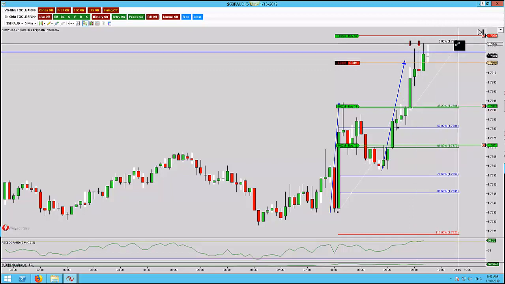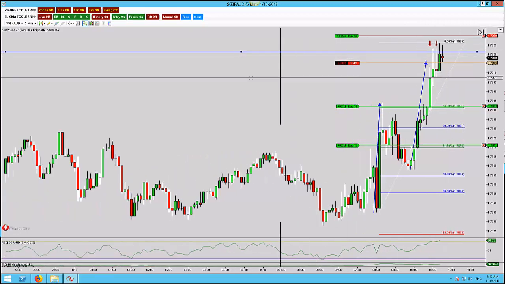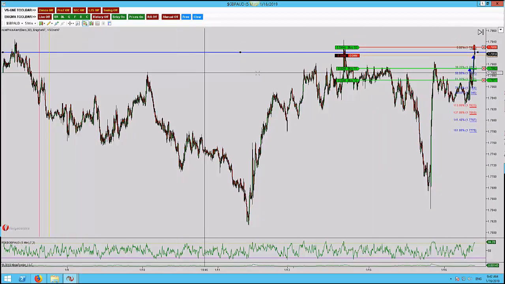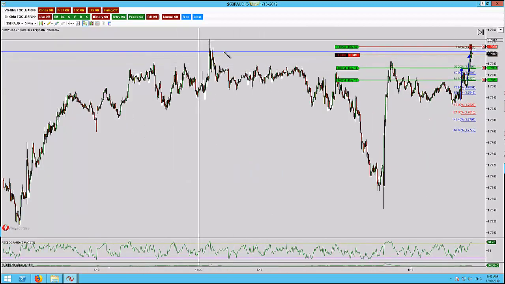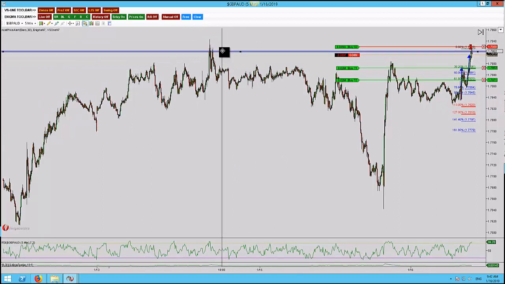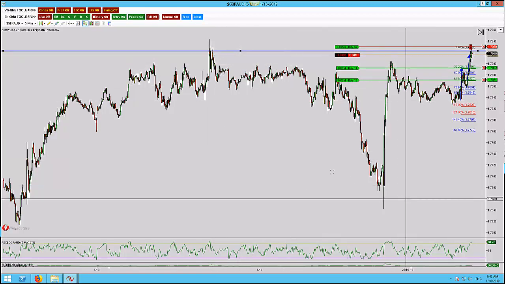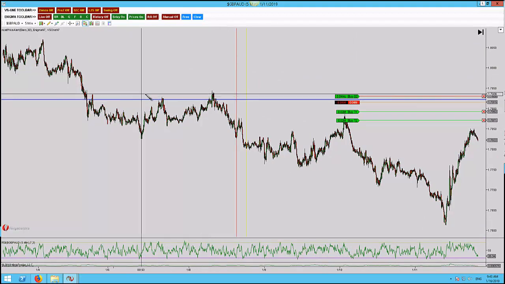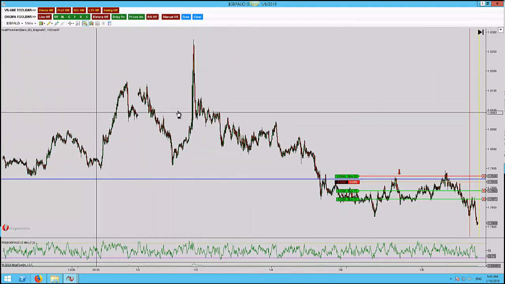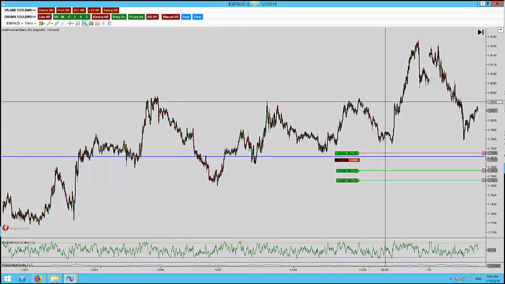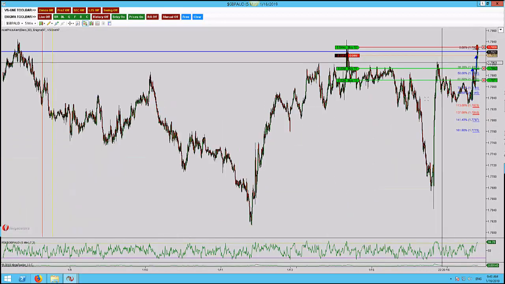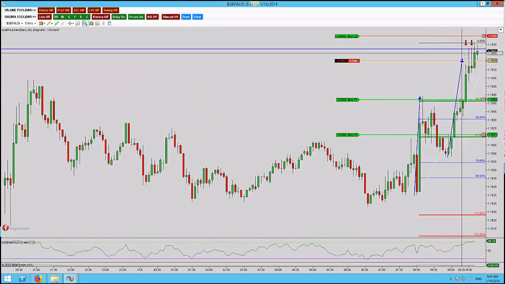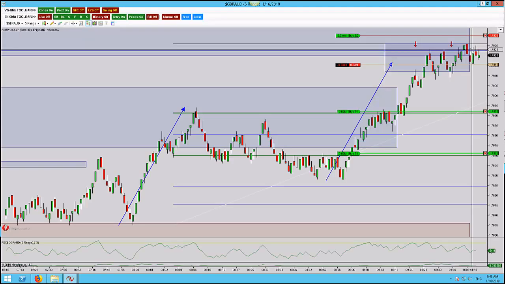And I put a blue structure line on here, so if we look left, we do have this structure level here, which has now come up and been tested. So I need the tops, the closes of the candles to be tested for any double top. If we look further left, it isn't a great structure level, but you can see that we've got another level that's here. That's pretty much it. So not a fantastic structure level, but we do have that AB equals CD pattern coming into structure. We do have a valid double top, which is what's required whenever I look at these AB equals